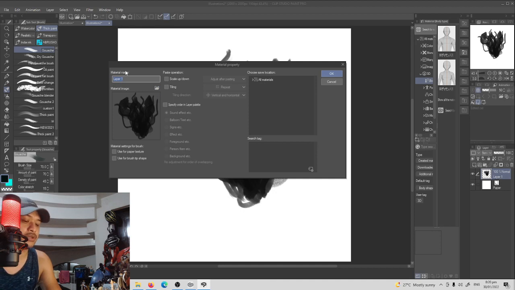We'll rename this one. We want to put the custom brush in the first selection, so we need to use the letter A, an A character, so it will be put first on the selection. Let's say we change the material name into A brush. And then after renaming the material,